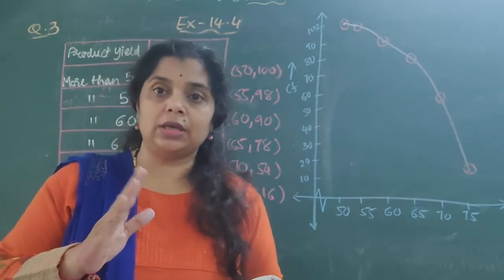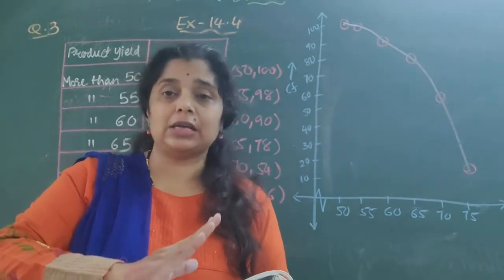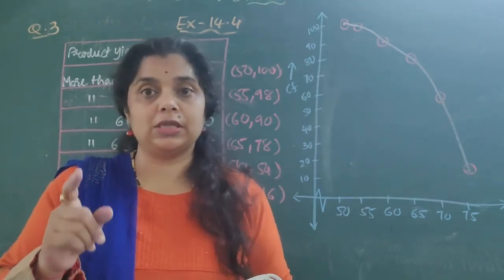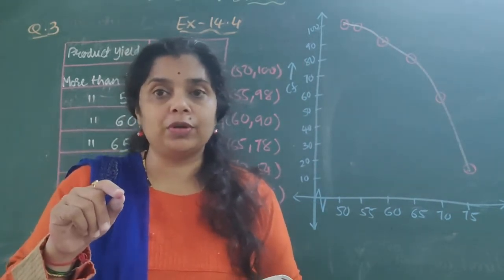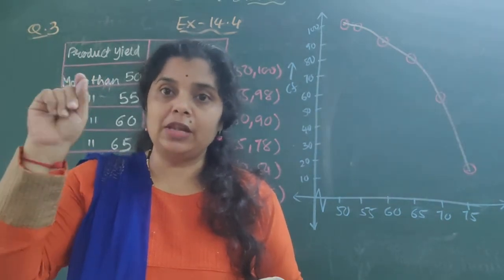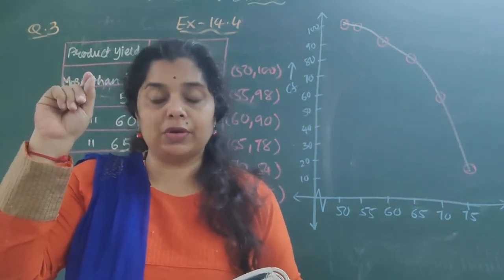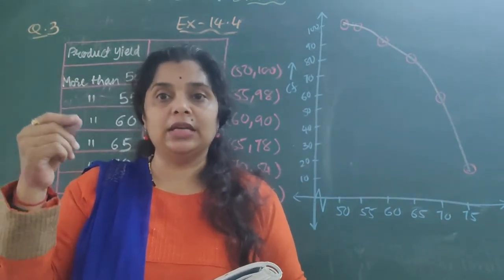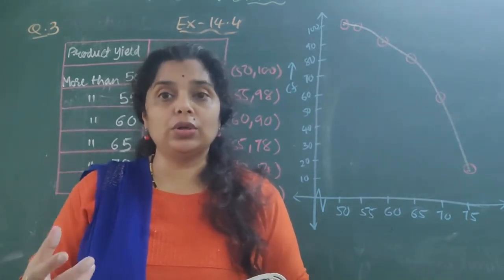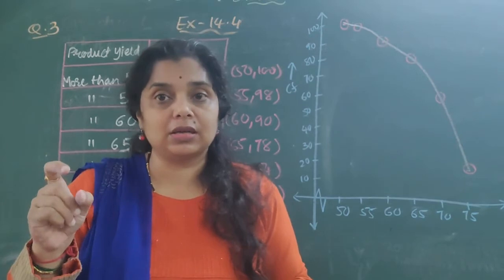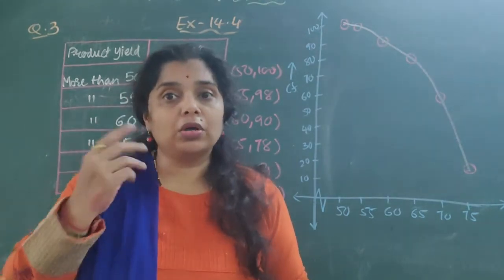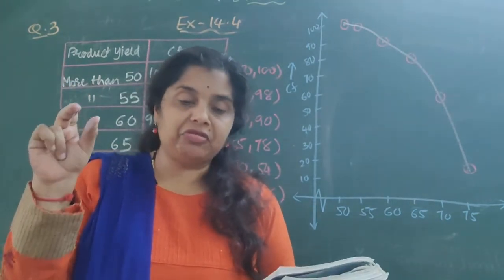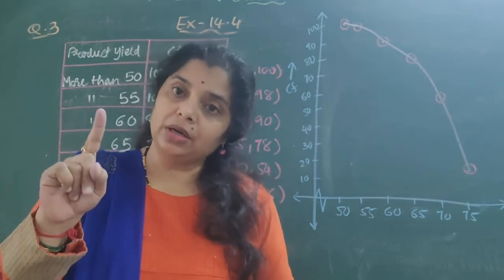In cumulative frequency, for both ogives, the less than type and the more than type, the technique to find the cumulative frequency is different. In less than type, what do we do? Keep the value of the first frequency, of the first class, as it is, and then keep on adding in each class. Then we get the total number as the cumulative frequency in the last class. Here, for more than type, we have to start with the total. The 100 farms are there, so we have to start with 100.